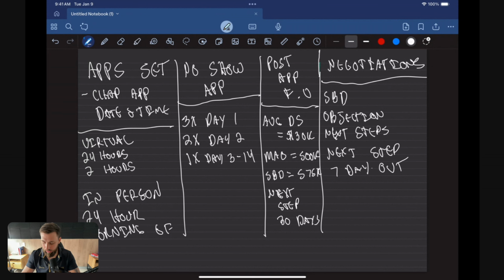Now, I look at these every single day. When I'm going through, I'm looking at my negotiations. Those are my hottest deals. When I'm managing my team, I'm looking at their negotiations as well. Every single week, we pull up all of their negotiations. Hey, where are they? What objections are they giving you? So we can role play those and they can go and be able to overcome those objections. So that's my cadence on how I follow up with my leads inside of my CRM.